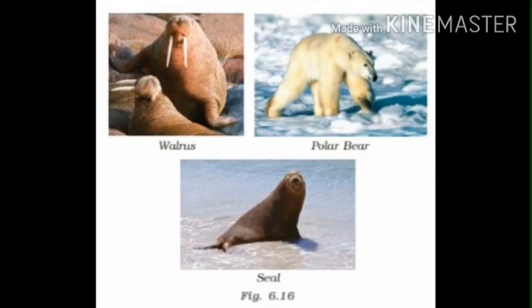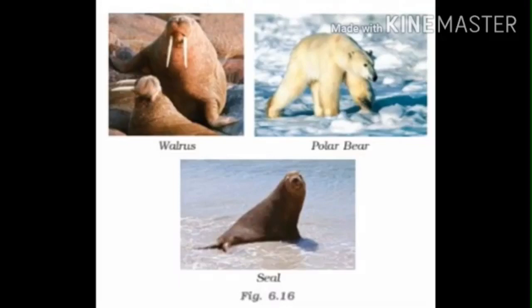Okay children, what type of vegetation is found in desert vegetation? Desert vegetation is also known as xerophytes. That means the vegetation adapts itself to the hot and dry climate. Clear children? Thorny bushes, cacti, then date palm. These are the main shrubs of desert vegetation. Then what are the animals found in desert vegetation? It includes wild asses, hyena, fox, jackal, lizards and snakes.